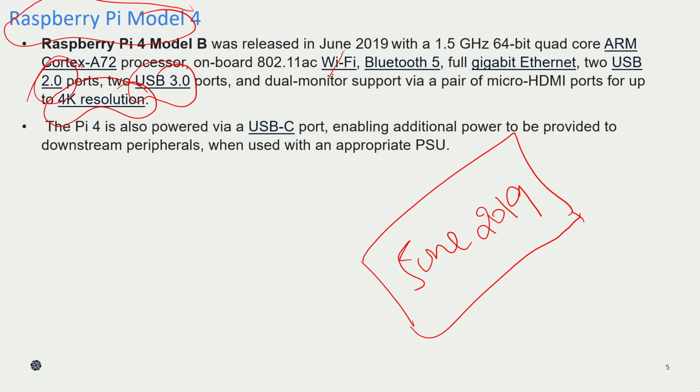They have also used two micro HDMI ports, two different slots. These are the different modifications they have made to the previous version of the Raspberry Pi.